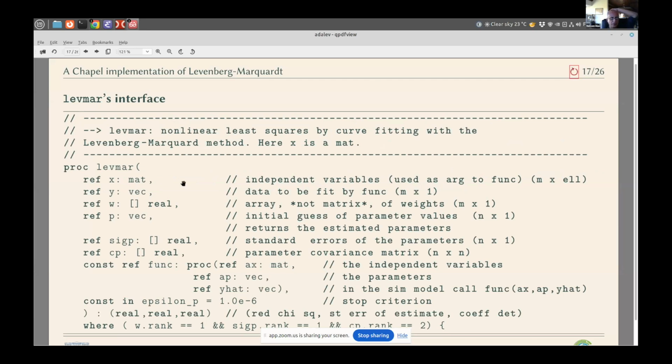The interface is a procedure where you give the data, the observed data and the independent data, in arrays X and Y, actually in a matrix and an array. You give weights to each point, optionally. You give a set of parameters that you want to fit in your function, and it returns the standard errors of estimate and a covariance matrix for the parameters. And here is your objective function that you have to give to the function as well, and an optional stop criterion. And when I do that,